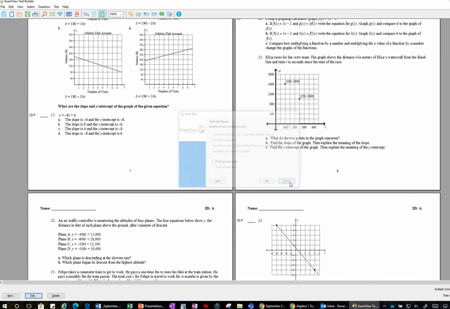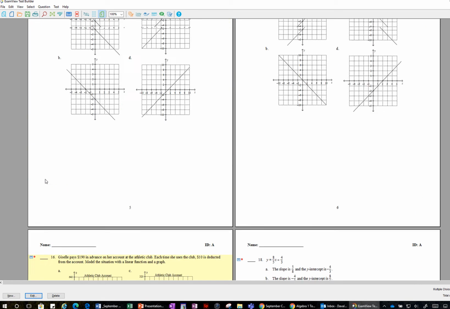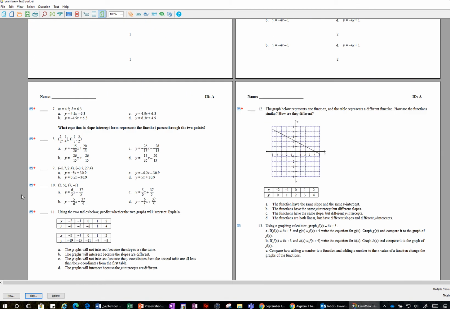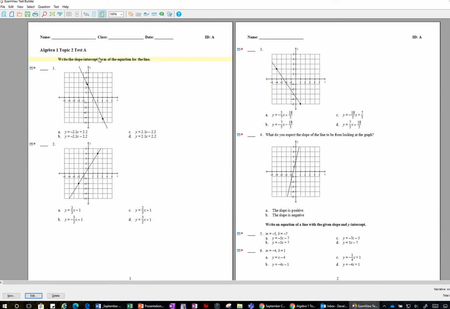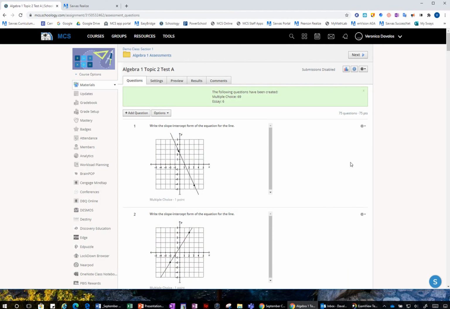Since we're not printing and we're just exporting to Schoology, if I wanted to create a new version, what I could do is I could save this test, and then I could generate new values for all of these problems here by clicking on the calculate values here, or you can go to test version and change different things on it. But let me go back over here and notice once it stops loading, there's a total of 75 questions,